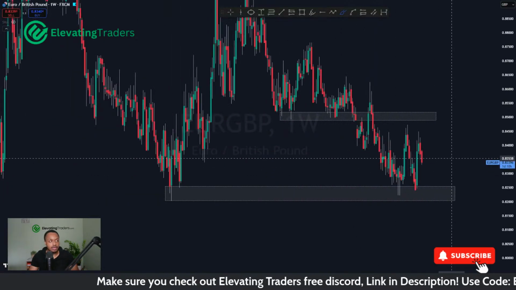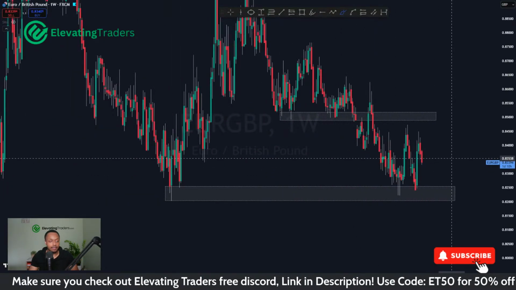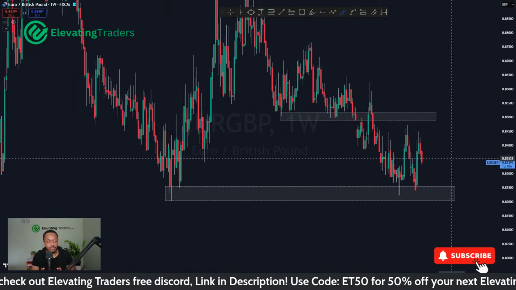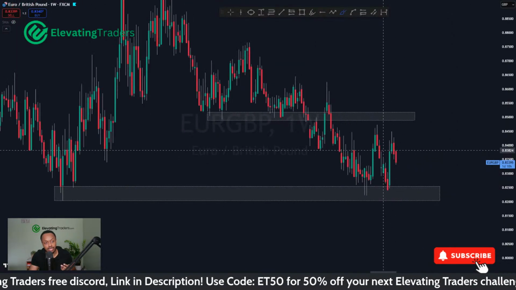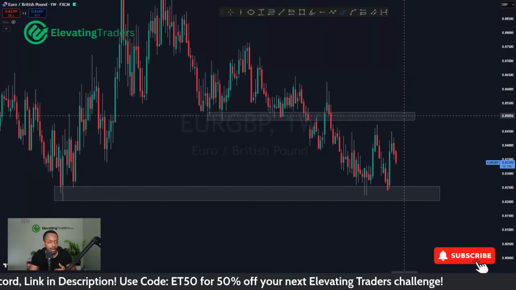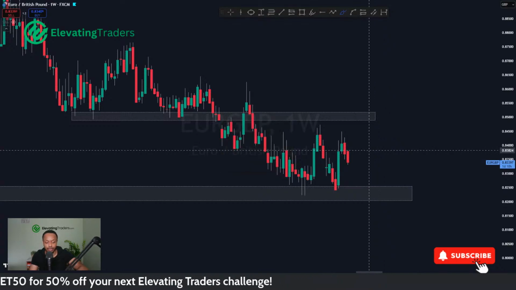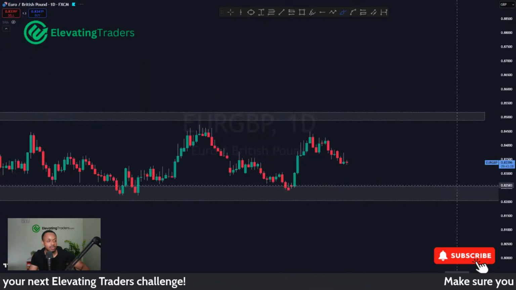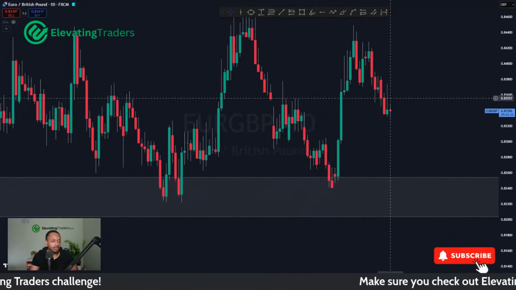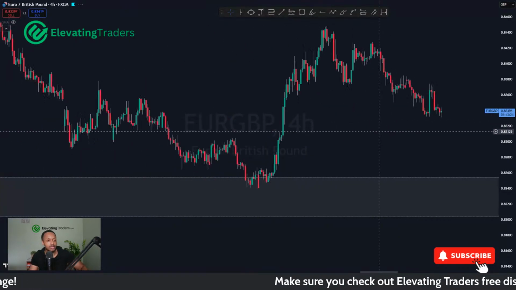So yeah, Euro pound looks like it's forming a bit of support. Now it could of course come back and retest support again. Doesn't have to turn around straight away. But I do think the bigger move is the upside. So I'm getting ready for buys for Euro pound. But as I just said, I don't really have a clear cut level to buy it from. So I'm being very, very patient.